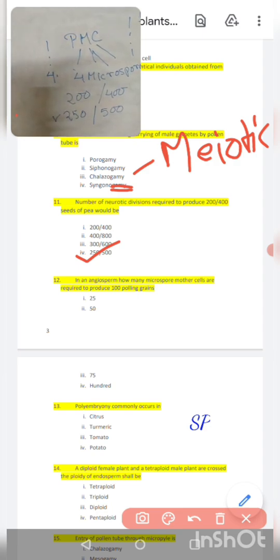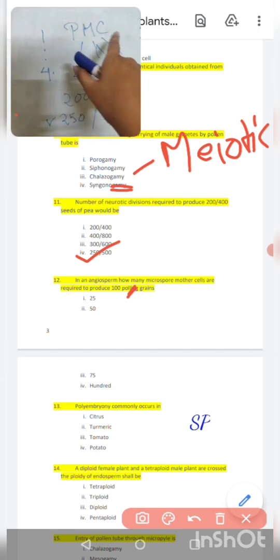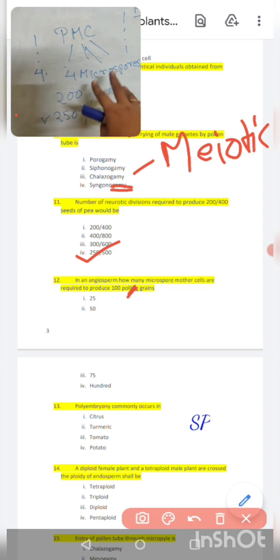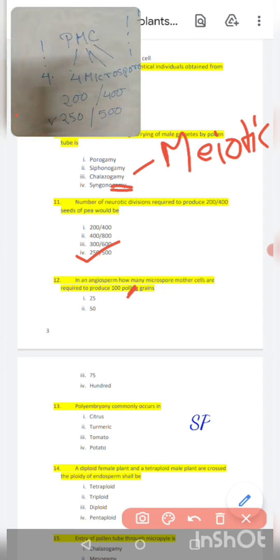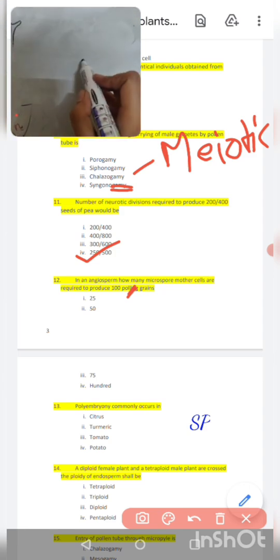Now student, moving to the next question, question number 12. In an angiosperm, how many microspore mother cells are required to produce 100 pollen grains? Student, just now we have seen the ratio, PMC is to 4 microspores, that means 1:4. So for the production of 100 pollen grains,